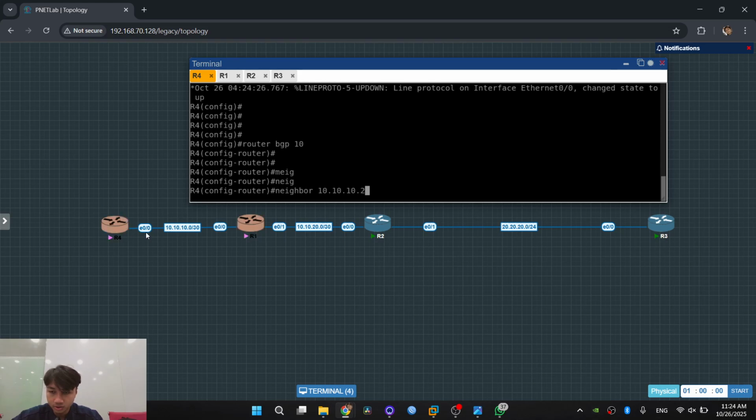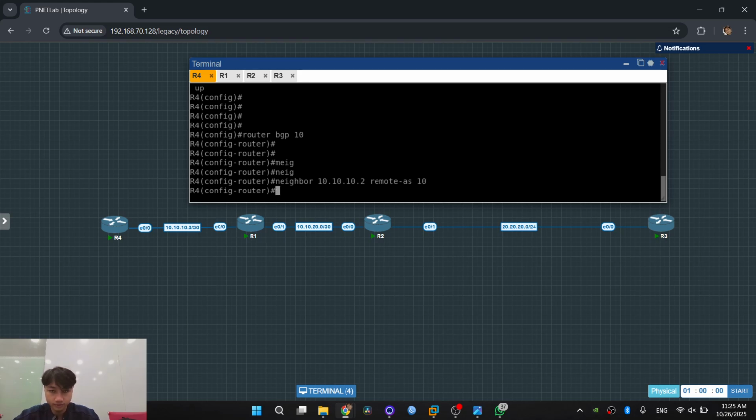For example, this is 10.10.10.1 and R1 is 10.10.10.2, so we add the other IP, and then remote AS 10, and then we set update source for BGP update. We use the peering interface.